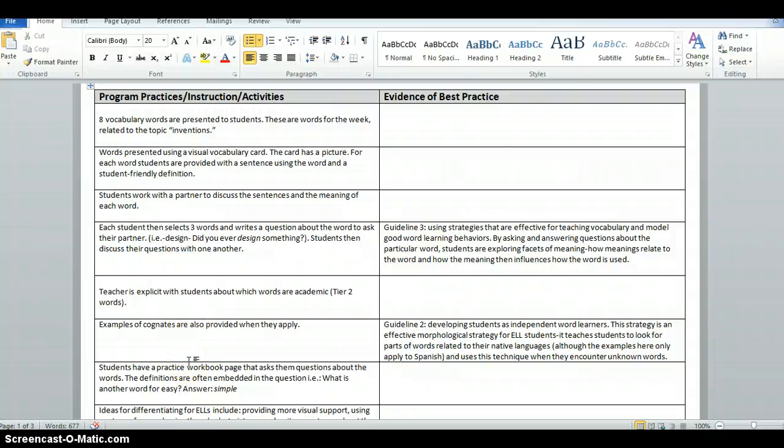I focused on kind of what the teacher does. I focused on the practice that the students get, the activities that they do. Then what I did was I wanted to find out, is there evidence that these practices are indeed best practice? So the vocabulary chapter outlines the 5, they call them the guidelines here, 5 principles of effective vocabulary instruction. And so which the book does in most chapters, not gives you guidelines, but it really breaks down kind of what the best practice is